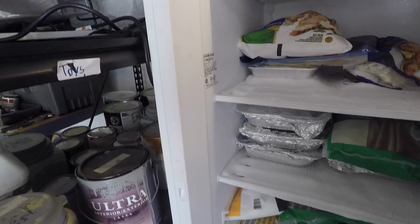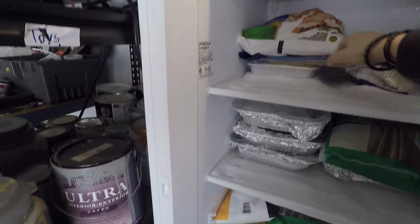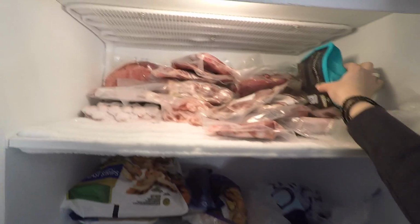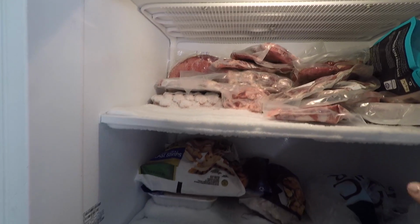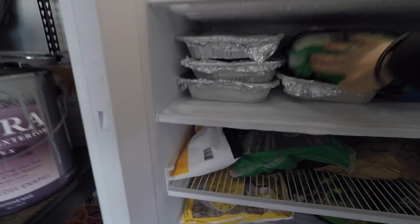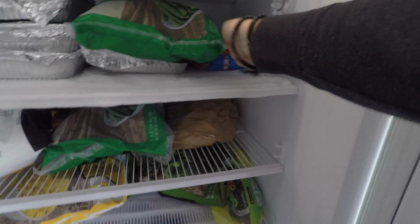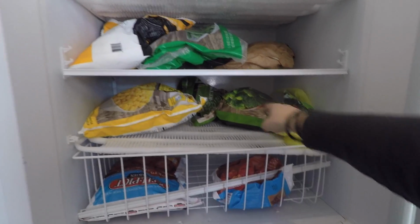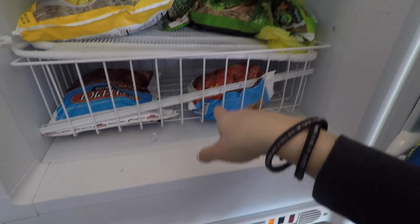So we got a bag of ice here that's almost gone, a little chicken left, a bag of fish left, and some ground turkey, some chicken strips, some shrimp. This is what's mostly left of our beef and pork, besides the ground beef and pork. These are some of the meals I've frozen ahead of time. Some green bean bags. I got a small meatball bag left, and some mixed veggies, corn, a little broccoli, half of that broccoli bag left, and I got some frozen berries left over back here,